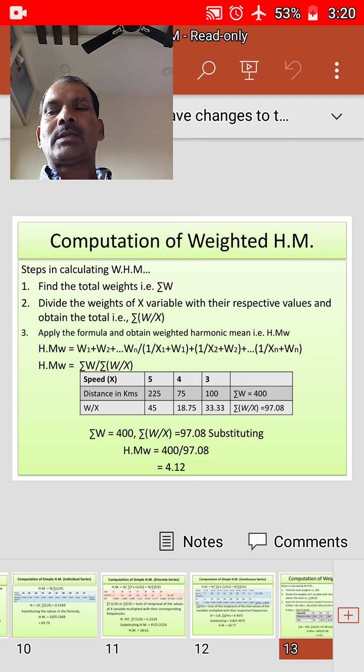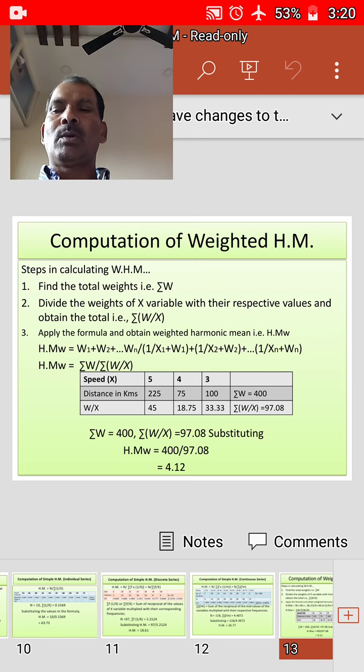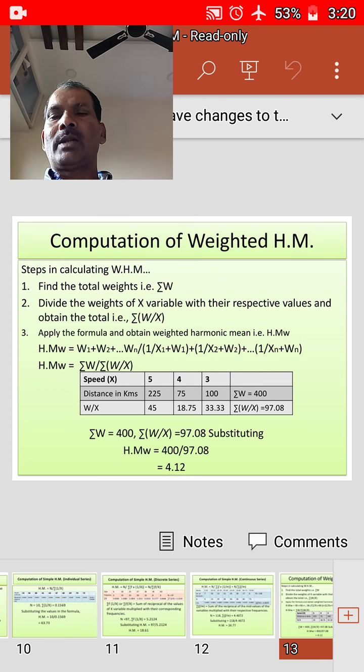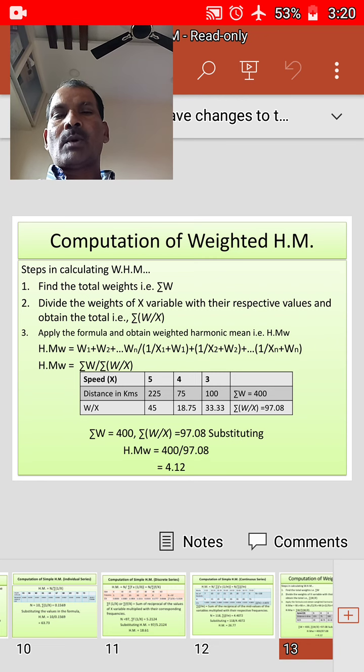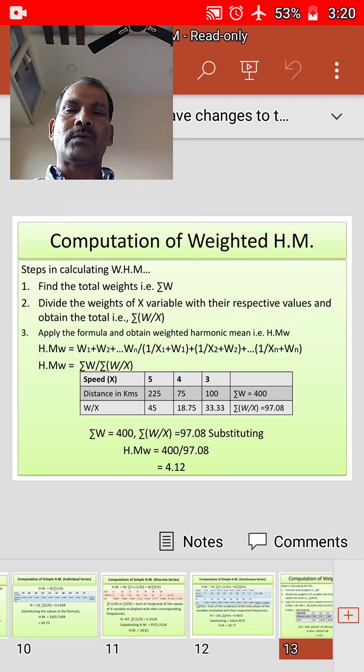This can be written as HMW is equal to sigma W by x, where HMW is equal to weighted harmonic mean and sigma W is equal to sum of the weights, and sigma W by x is equal to sum of the reciprocals of values of variable x multiplied with their respective weights. Here a problem is given that a traveler covers his first 225 kilometers at an average speed of